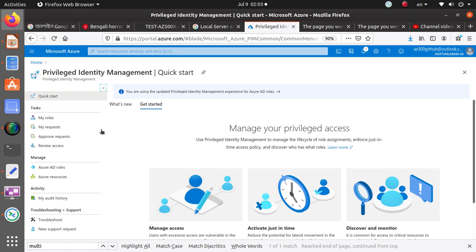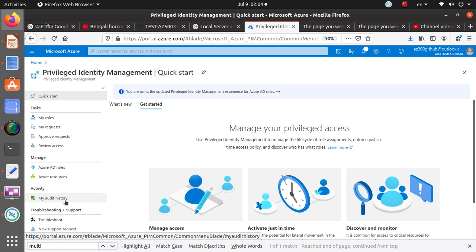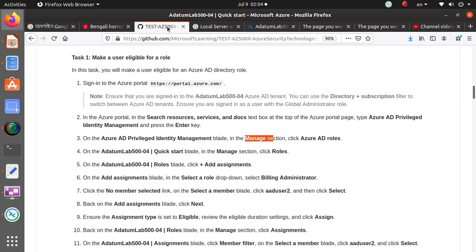First of all, let's look at the sections. You have the task section: my role, my request, approve request, and review access. Then under manage you have the Azure AD Roles and Azure resources. Under activity you have my audit history, and then under troubleshooting and support you have a couple more things that we're probably not going to take a look at. So the first thing they're saying under manage is go to Azure AD Roles. So we are there,